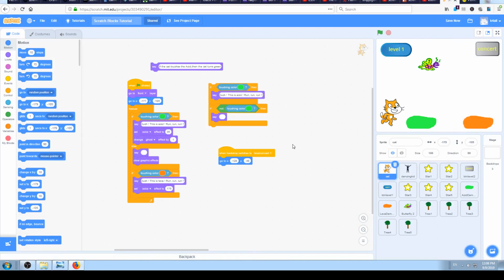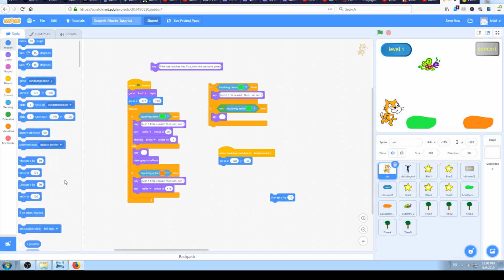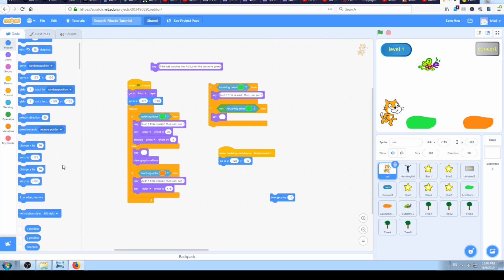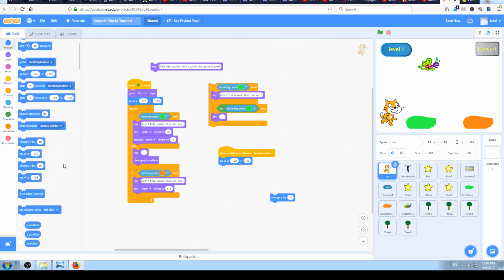So far, in the last few videos, we have explained a couple of motion blocks. The block which we are going to learn today, change Y, is also one of the motion blocks, the blue ones. Drag and drop it to the cat character for a start. But before that, let's go